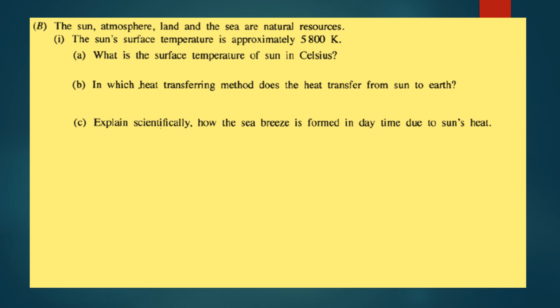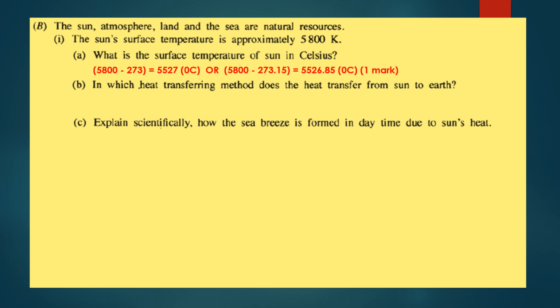Part B, the sun, atmosphere, land and the sea are natural resources. Part 1, the sun's surface temperature is approximately 5800 Kelvin. A. What is the surface temperature of the sun in Celsius? To convert Kelvin into Celsius, we have to subtract 273, or the more correct value 273.15, from the Kelvin temperature. So your answer is